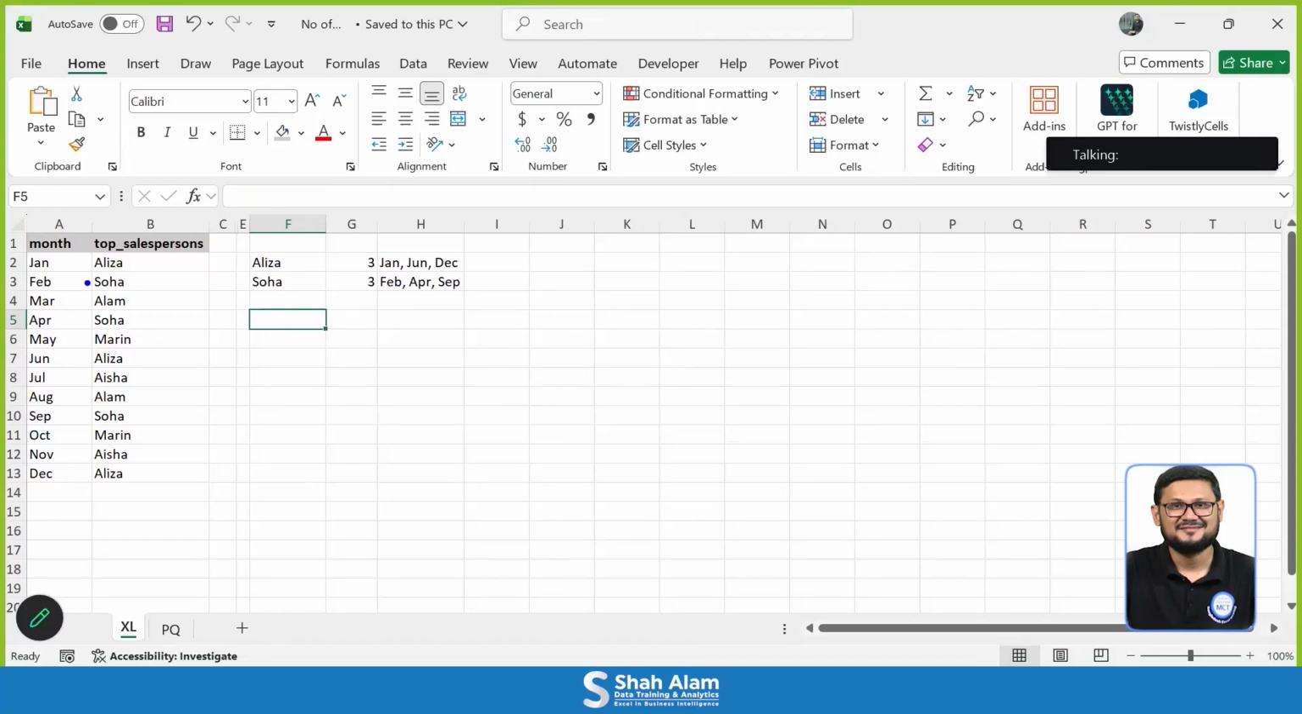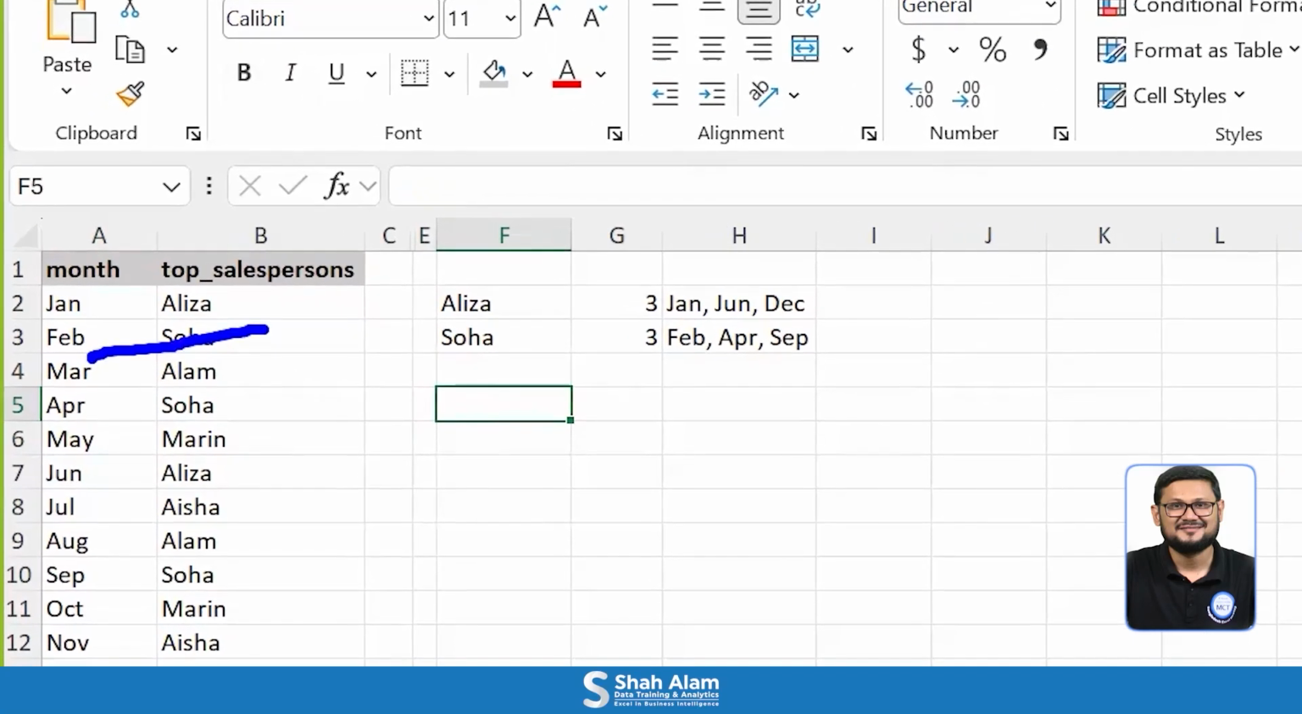In my table, I have the top salesperson for each month. The table contains two columns, month and top salesperson. And each month has only one top salesperson. So I want to find the salesperson's name, the number of wins they achieved, and the months in which they